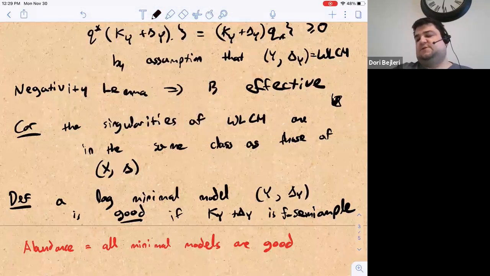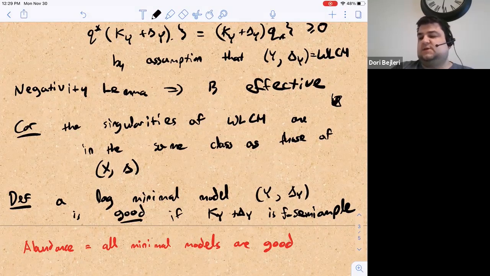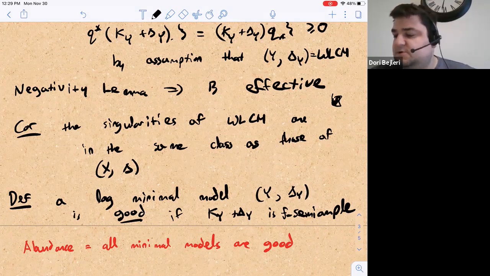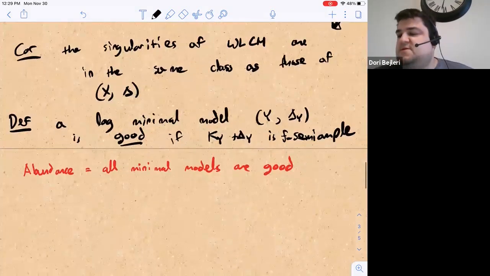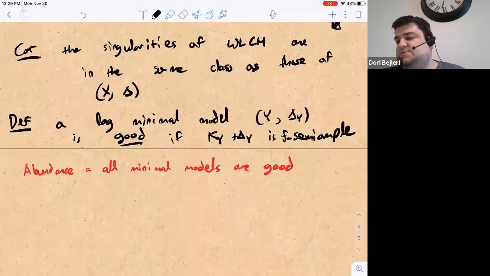But this is a useful definition to have because we don't know the abundance conjecture, but it turns out that by work of BCHM, we know the existence of good minimal models. And in a lot of other cases too, I guess you can produce a good minimal model without actually knowing the abundance conjecture by carefully picking your minimal model. Okay, and maybe the other observation is that